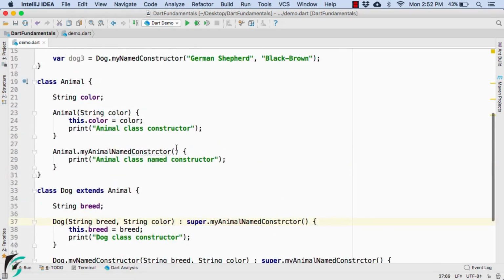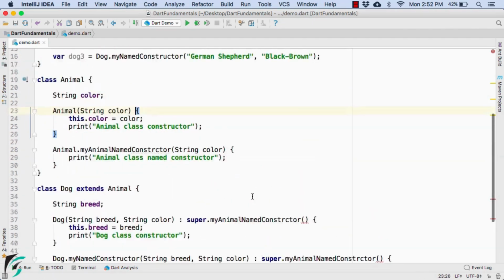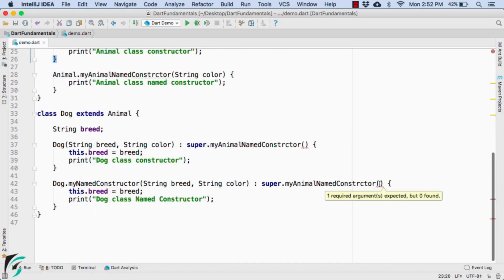You can also put some parameter in the myAnimalNamedConstructor, such that let us put here string color similar to what we have done here, like this. So now the change that you have to make is, here you have to pass in color and here as well color.